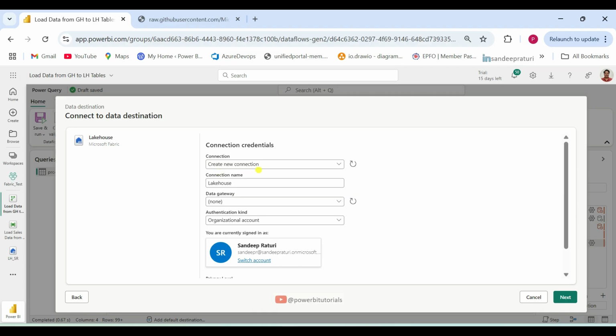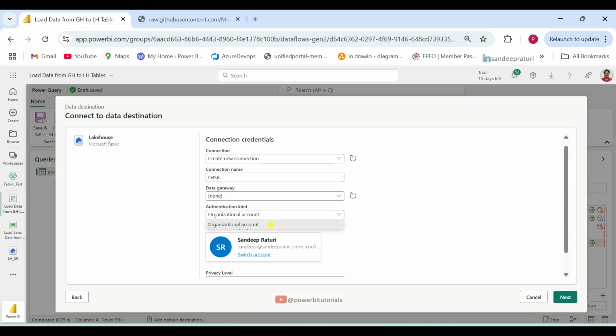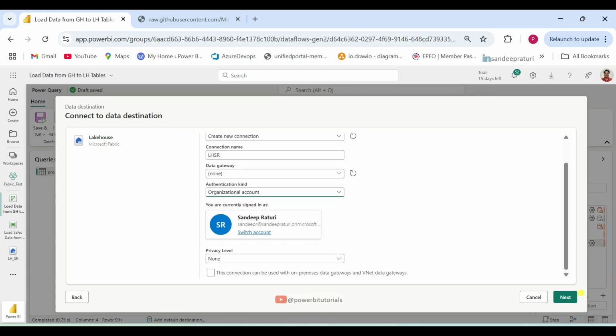So click here, and after that you can create a new connection. So here provide the connection name, Lakehouse SR. You can provide any connection name, and the authentication kind is set to organizational account because I have already provided my credentials earlier. Since I am already connected, it doesn't prompt me again. However, if you have not connected to the Lakehouse before, it might ask you to sign in with your organizational account. After that, click on next,